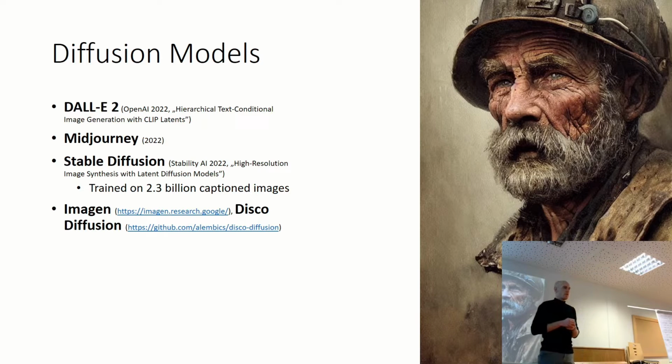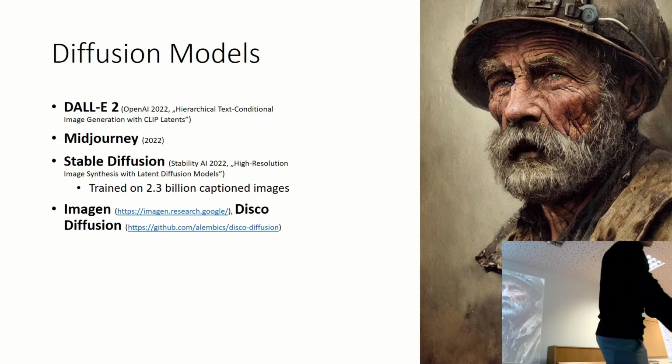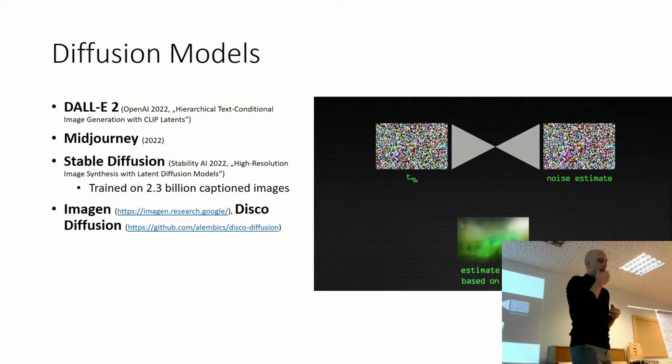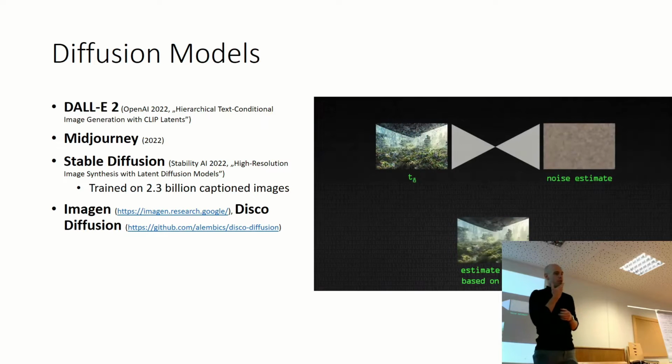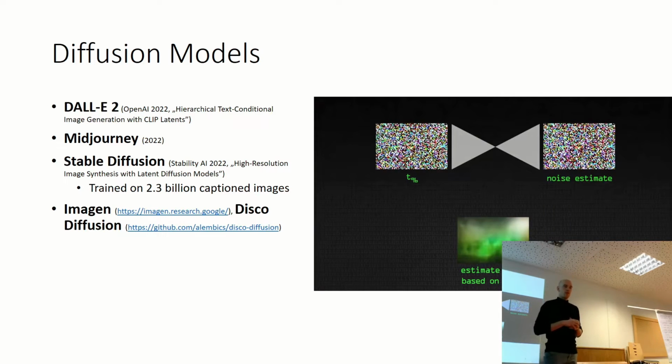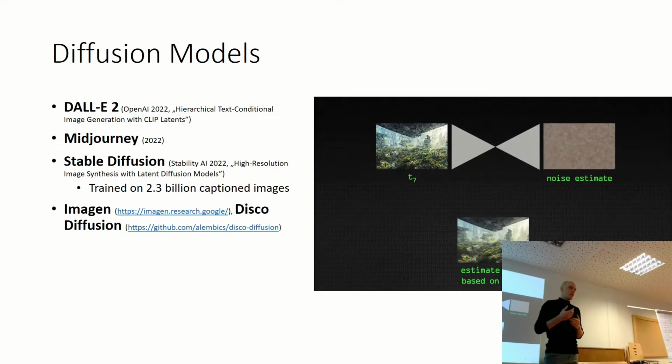So both the scale of the models themselves in terms of parameters, but also the size of the data sets they've been trained on have been increased. In terms of technologies, actually not all that much has changed. So the fundamental paradigm of diffusion as an algorithmic component that underlies all of these models is somewhat new, but it is also not all that crazy. Basically, the idea is that you add noise to an image and you train the model to just predict the noise. And you do this in